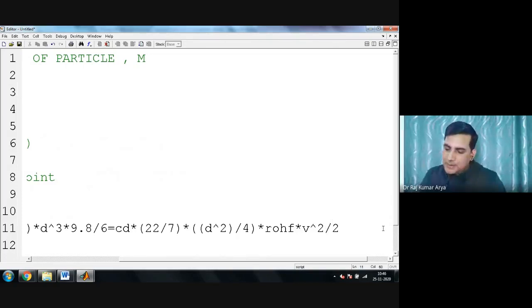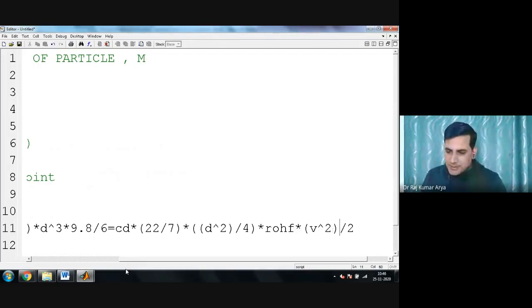If you write this, it works actually. First it will calculate the power, then only it will divide, so it won't create any problem. If you have confusion here, you can write a bracket also. That's also fine, in case it gets confused and divides something else.